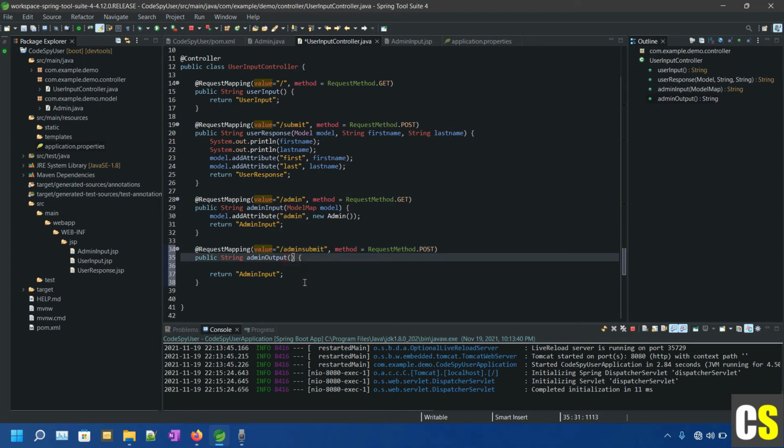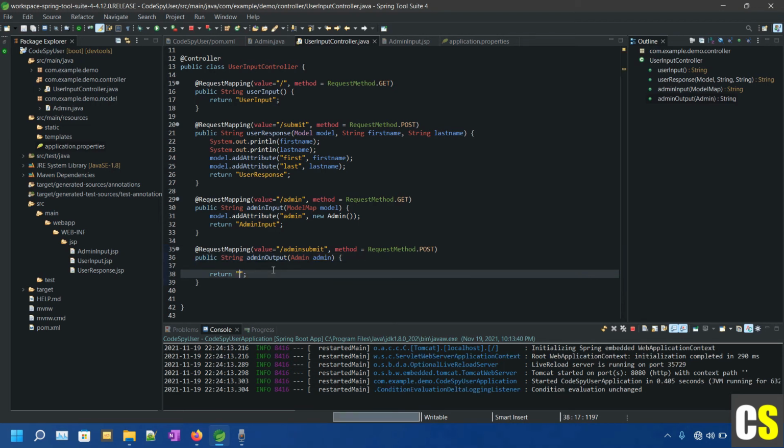So you can use the class, the model, directly in the parameter of this post method, right? If you use admin here, you don't need to specify that it is a model attribute, or what the name of the model attribute is. You don't need to specify anything. After that we have to use another type of parameter in the parenthesis,